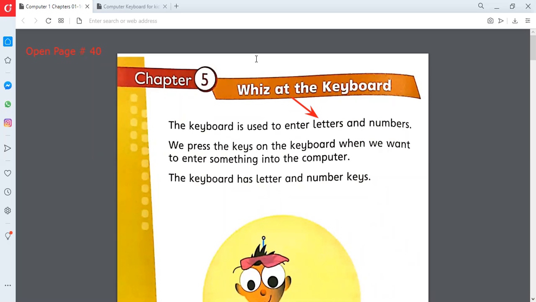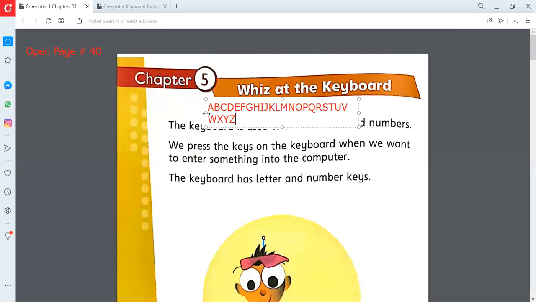So, let me write the alphabet for you. A, B, C, D, E, F, G, H, I, J, K, L, M, N, O, P, Q, R, S, T, U, V, W, X, Y, and Z. So these are the alphabets.